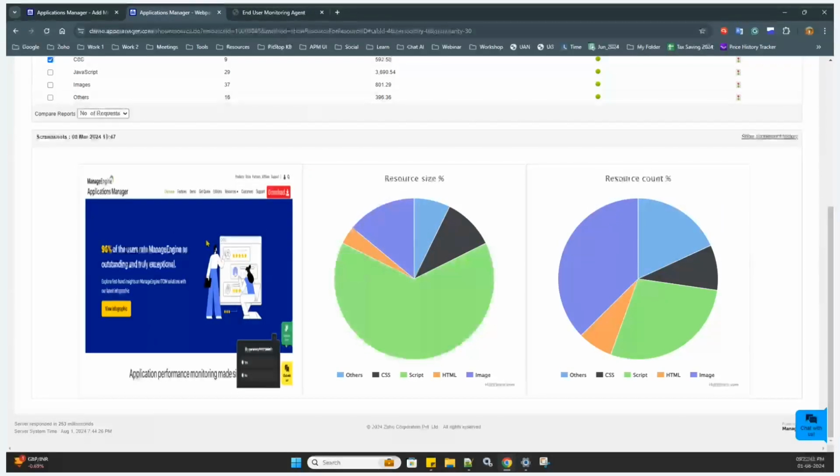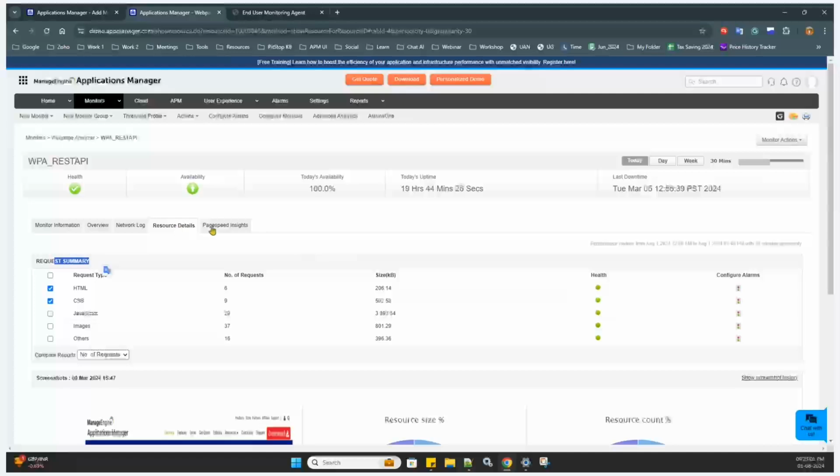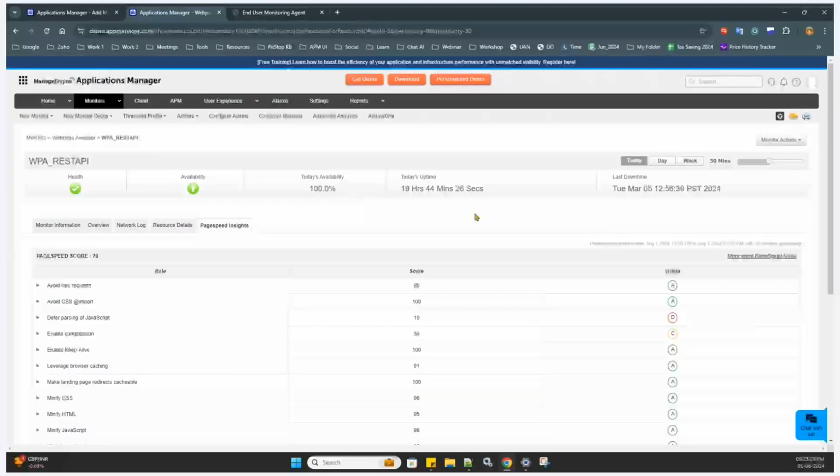So here I can see in this specific page, the occupied size is 64 percent script, the image is around 14%, others 7.4%, and the CSS is overall around 10.5%, and the HTML size is around 3.6%. So apart from these resource details, one of the main features available is called the